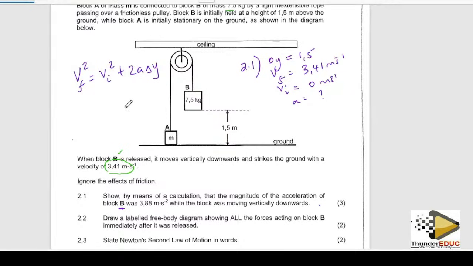So I know my final, my initial, I know. Acceleration is what I want. I have my displacement. So this is going to be 3.41 squared is equal to 0 plus 2 times 1.5a. When I have 3.41 squared,